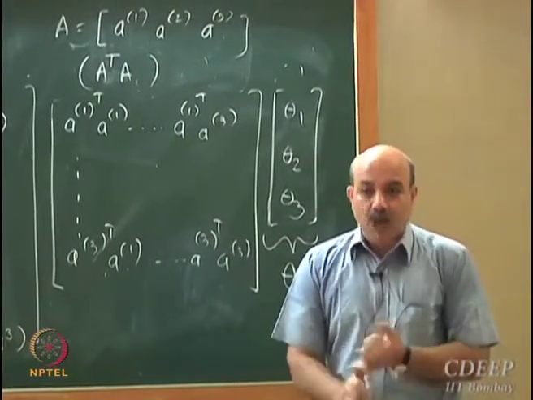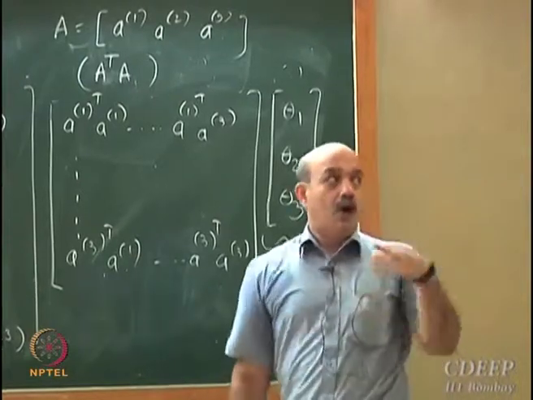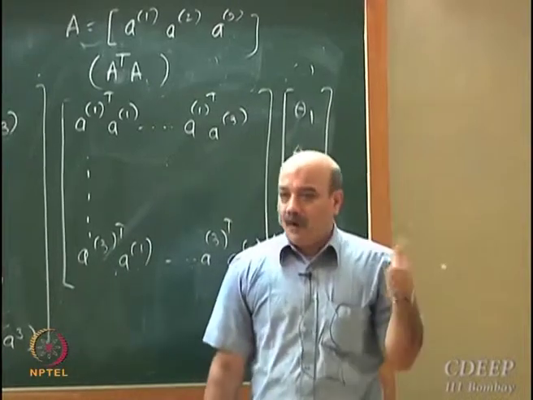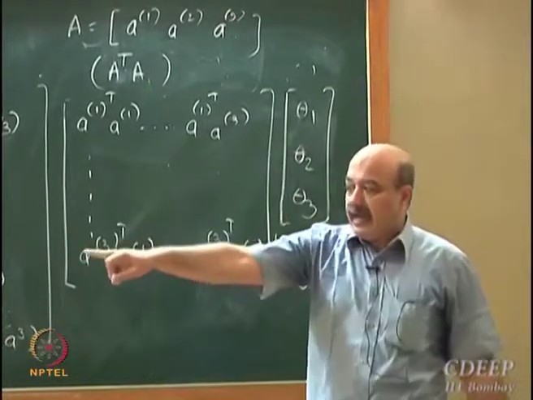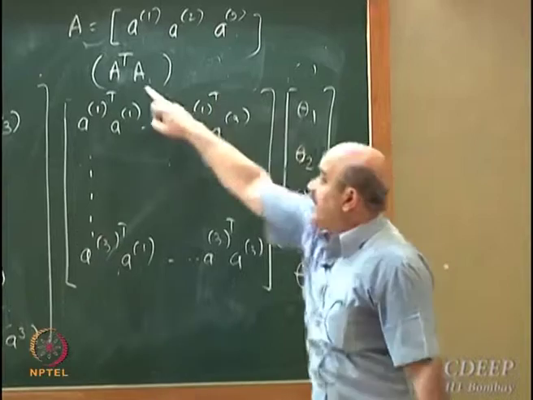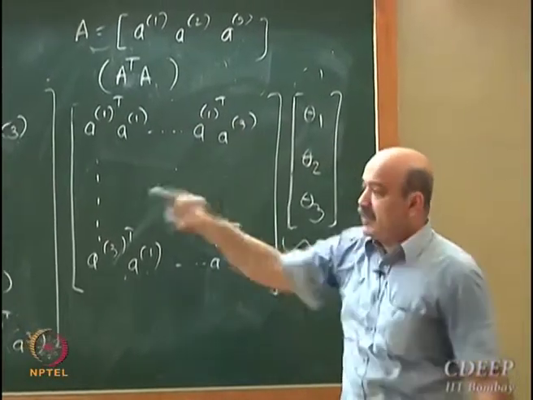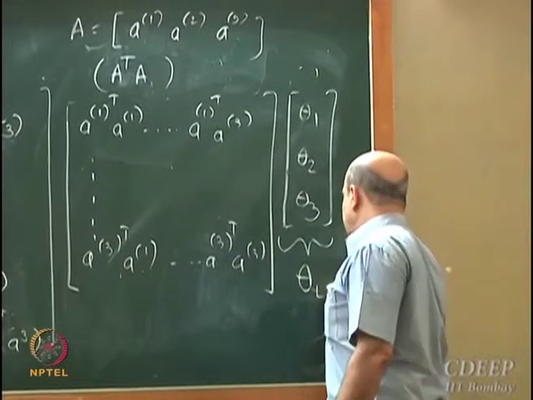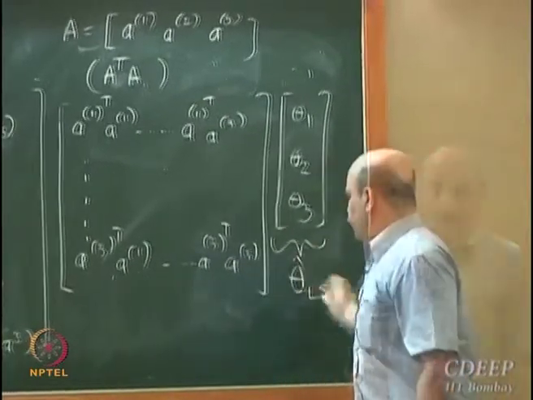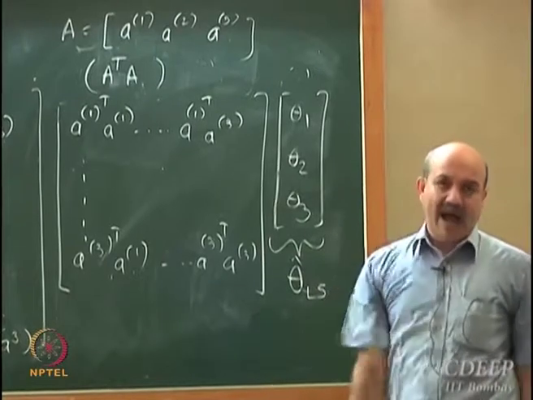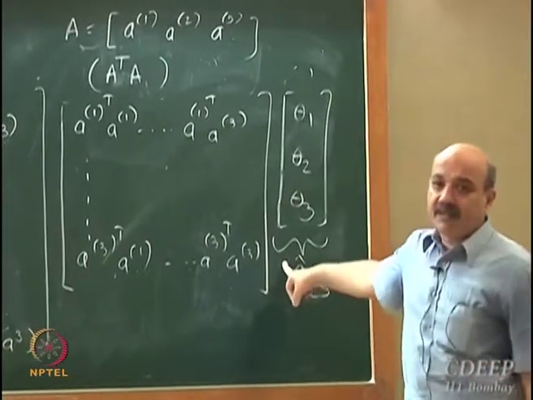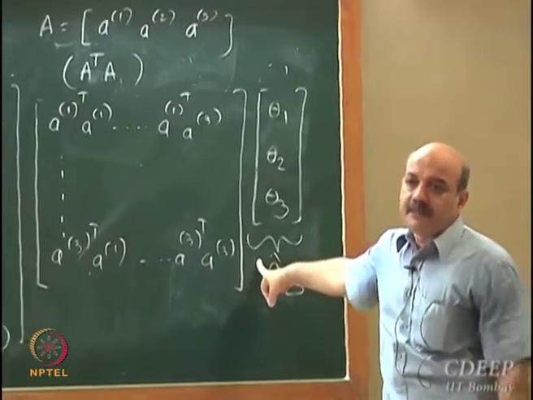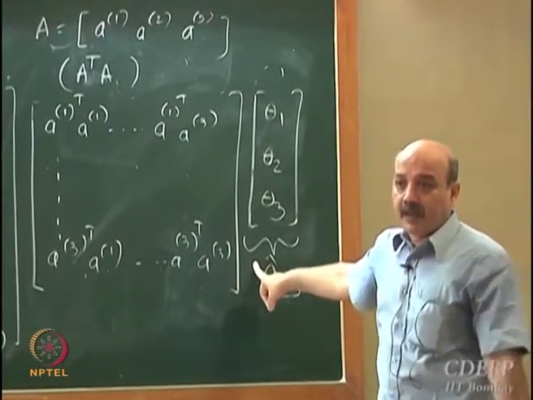I started with the geometric argument of projection onto a subspace, and I was able to recover the least square formula, which is A transpose A times theta is equal to A transpose u. What is the least square estimate? This theta will be the least square estimate, of course. We call it an estimate, so we give a hat above it. There is no unique way of finding out theta. There are multiple ways, but the least square estimate is unique.